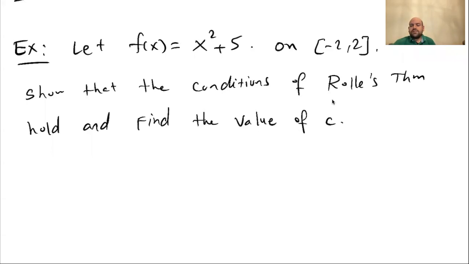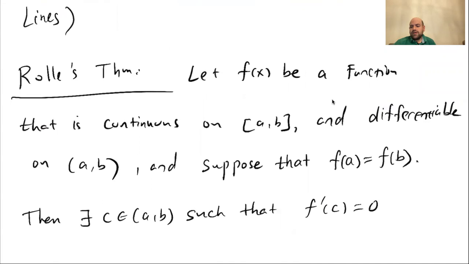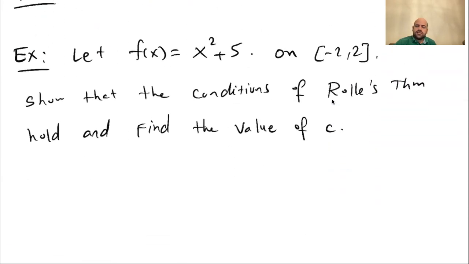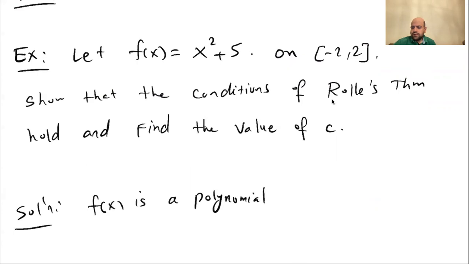So here f of x is a polynomial. The conditions of the theorem require continuity on the closed interval and differentiability on the open interval. But here we have a polynomial, which is differentiable and of course continuous everywhere. So we have no problem with that. So solution: f of x is a polynomial, so we can say it is differentiable